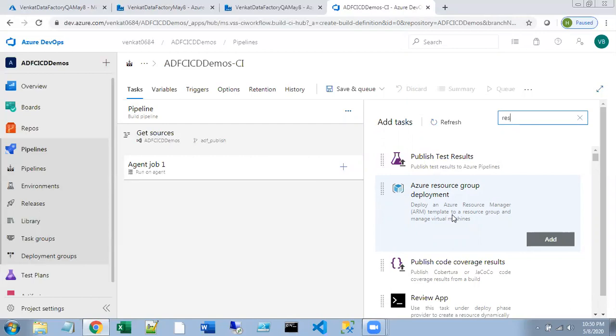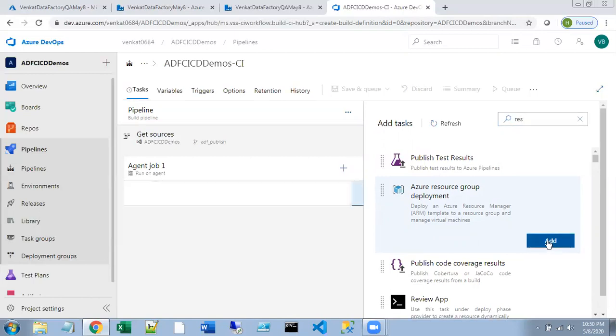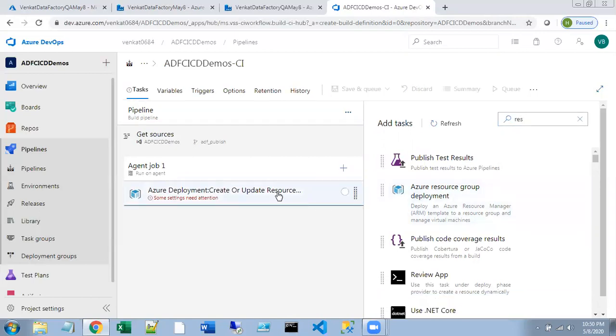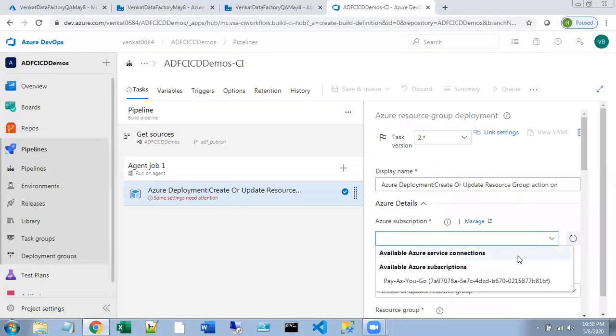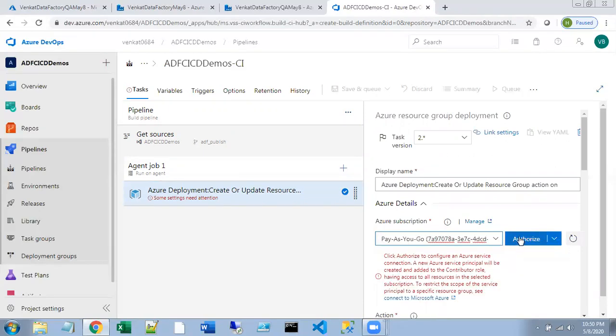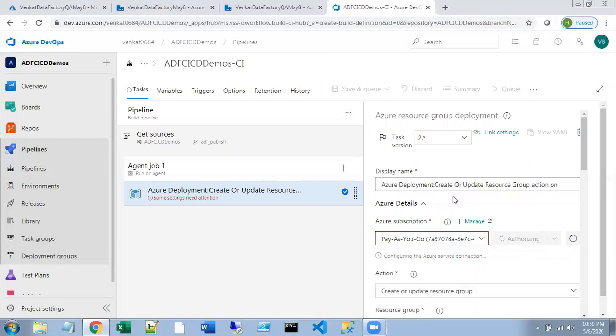So that's why we are using this resource manager deployment. So select this option. You have to select your subscription, go for authorize. You see here, this is the display name. If you want, you can change your display name for this step.